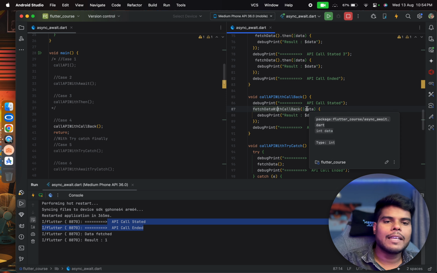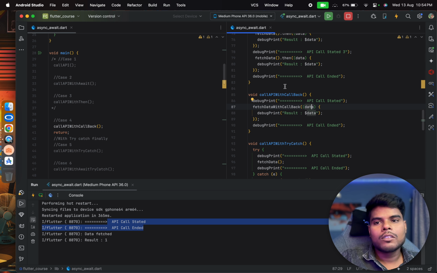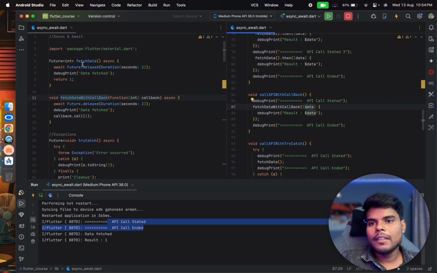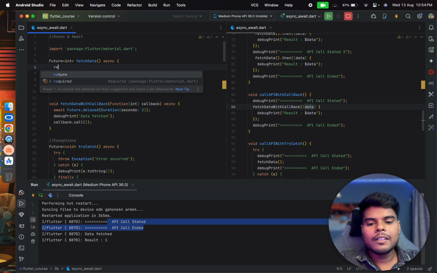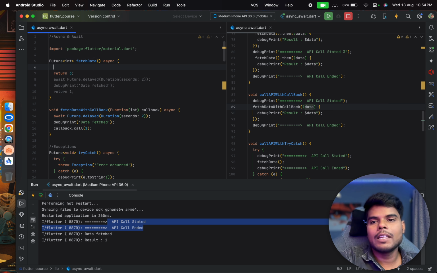So that will be like a kind of callback pattern, we can say that. This is the way that I prefer, because let's say in this method, if we want to fetch some data from the local database and return it if there is any, then hit the API, and if the API gets some new data, we can return it again. So it is not possible in this case, like return 2, like this is the 3 number that is stored in the local database. Like here we can add some logic